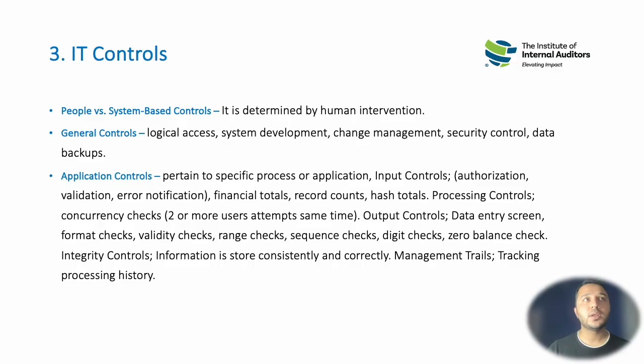There could be another way, like another control could be that any changes made by the person will be recorded by its identity. So any changes which are being made. So this is types of processing control. Output control could be through totals, whether the total is correctly coming or not, whether there is a zero balance in the accounts or not, sequence check, range check. So there are different types of controls.